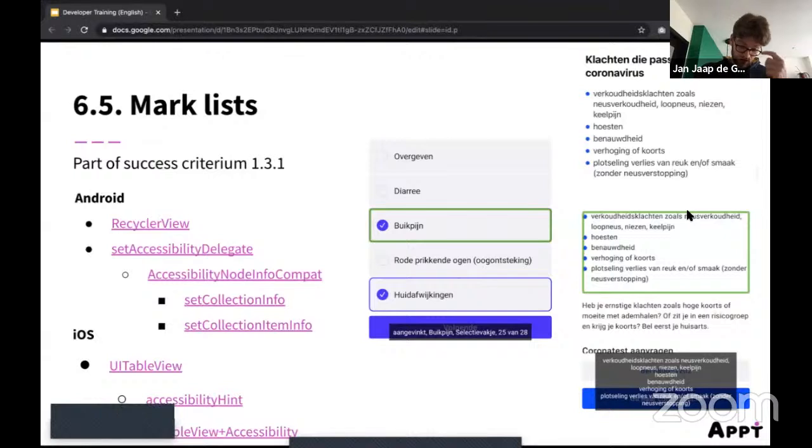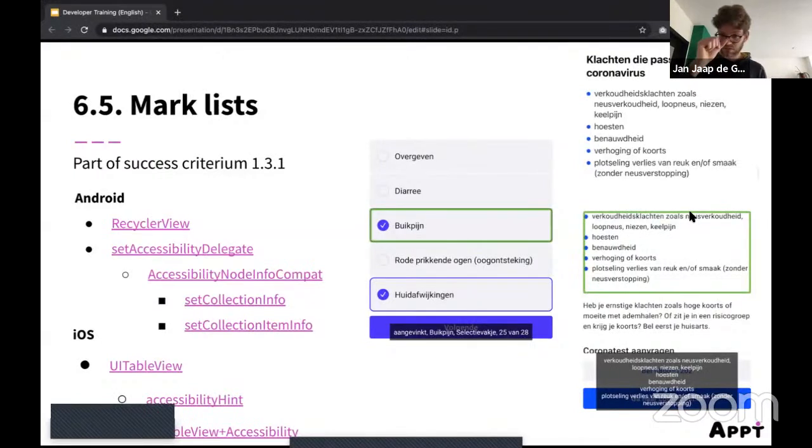But the one problem is, on the right, it doesn't always make sense to use RecyclerView. So maybe if you show a list of bullet points, you parse HTML, which is what we did, but then you lose the markup. So take into account that if you use any kind of list or bullet points, try to use RecyclerView and don't use your own kind of bullets. Make sure they're actually list items.